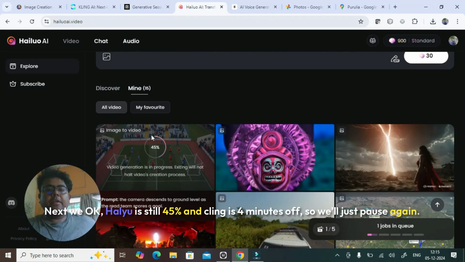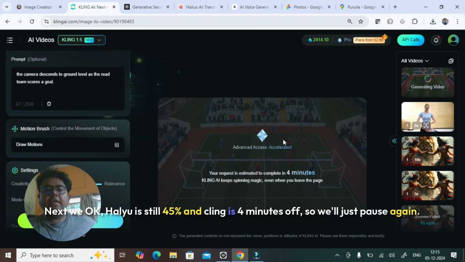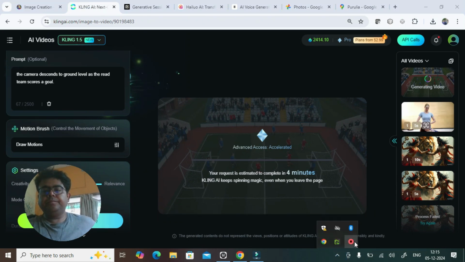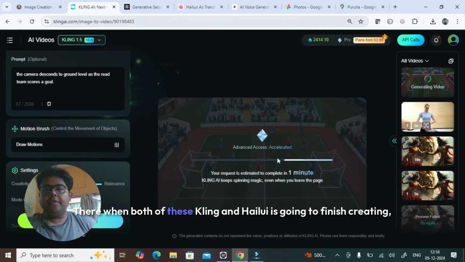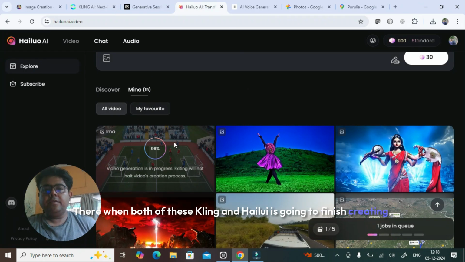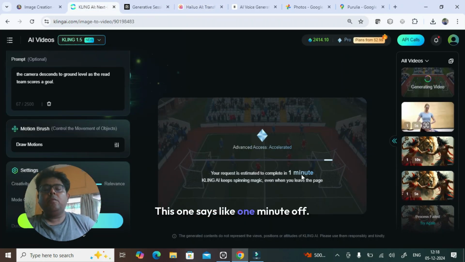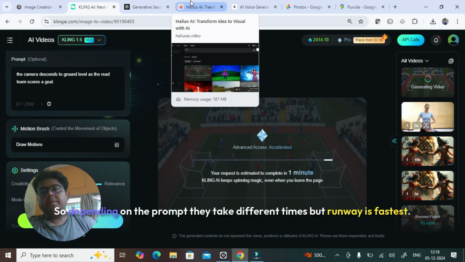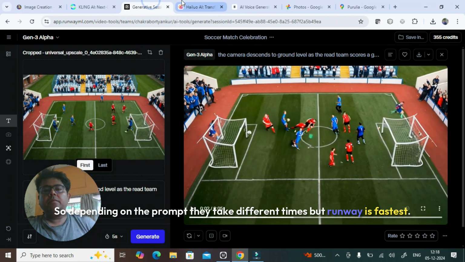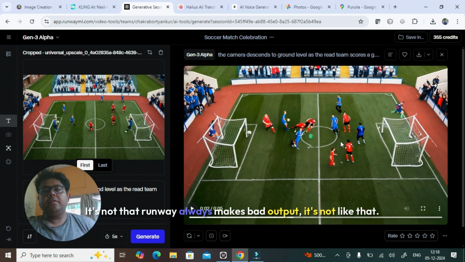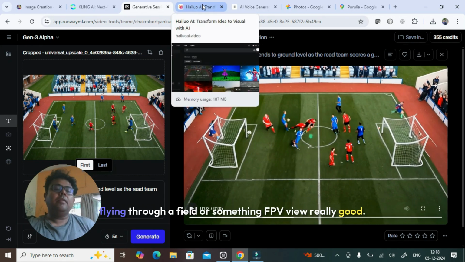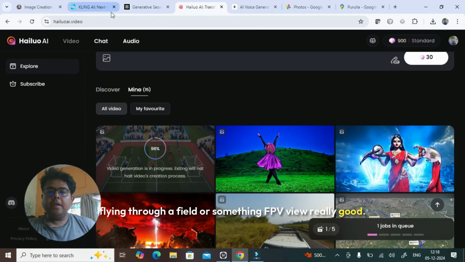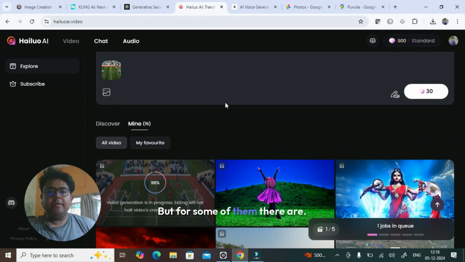Next, Hailuo is still at 45% and Kling is 4 minutes off, so we'll just pause again. Okay, I think we are almost there when both Kling and Hailuo are going to finish creating. This one is at 96%, this one says like 1 minute off. So depending on the prompt they take different times, but Runway is fastest. It's not that Runway always makes bad output. Some of the high fidelity generations it does really good, like a drone flying through a field, FPV view, really good. But for some of them